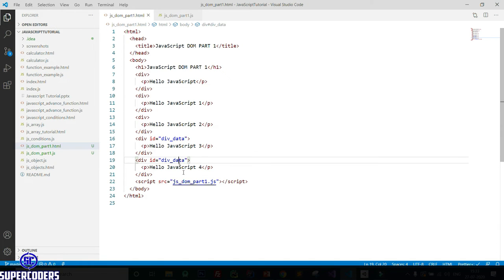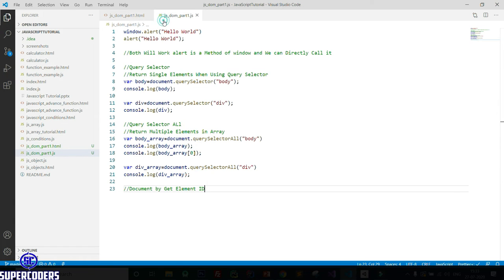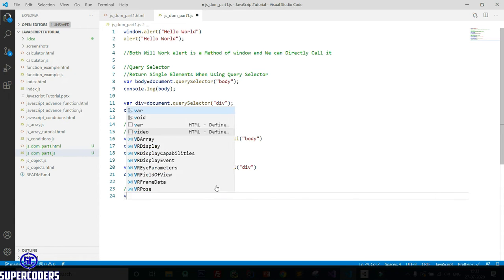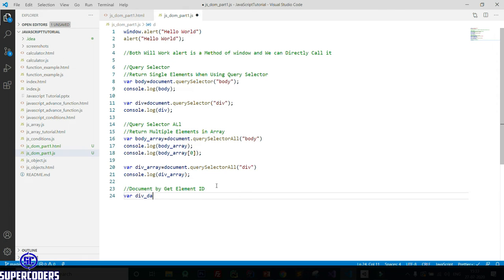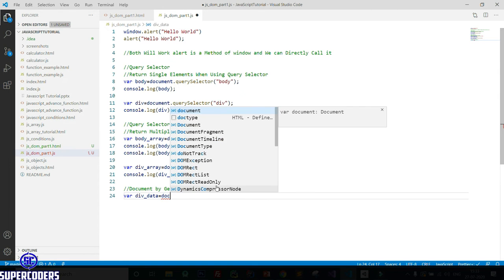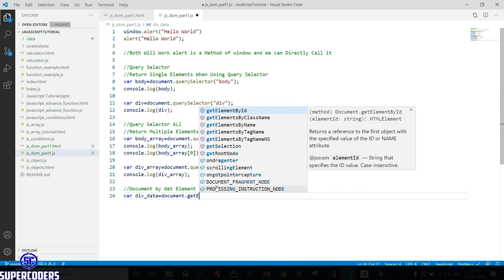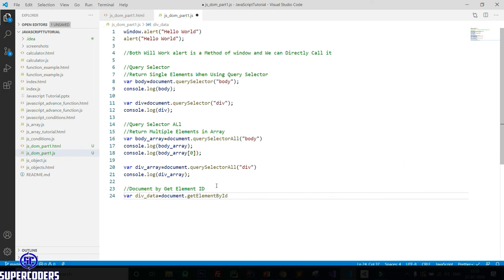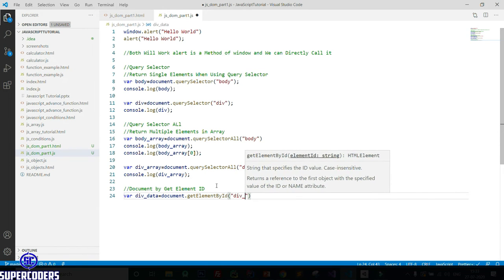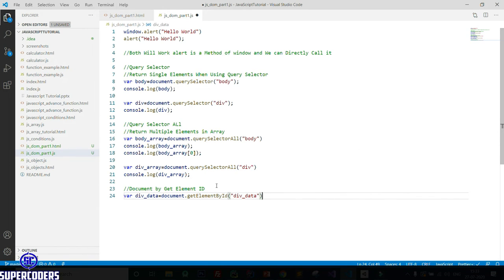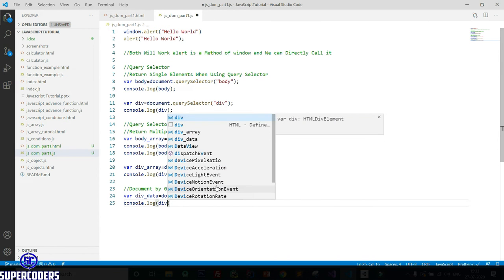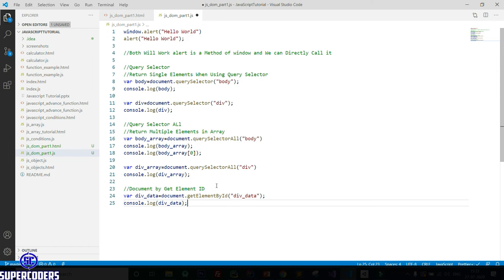Now let's see what happens if I access this. So come again, where div data equal to document dot getElementById, then passing div_data, in console dot log div_data.